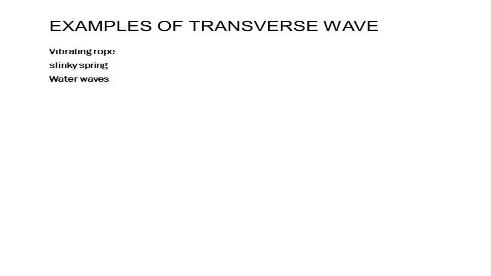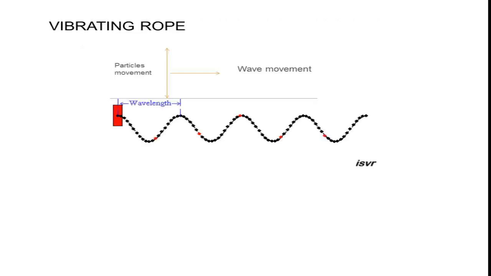So first we are discussing vibrating rope, how it is acting as transverse wave, and how the particles of the medium oscillate perpendicular to the direction of propagation of wave. Propagation means movement. So you can see in the diagram we do have the rope, which has periodic disturbance created by the string. So continuously it is moving up and down, up and down. The particles are also oscillating up and down, while the wave is moving rightward, so making an angle between them